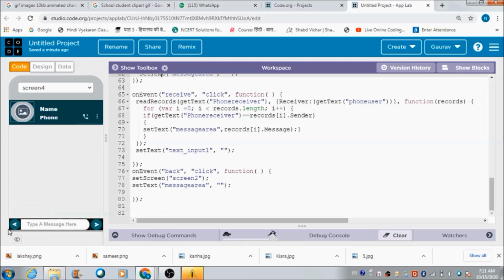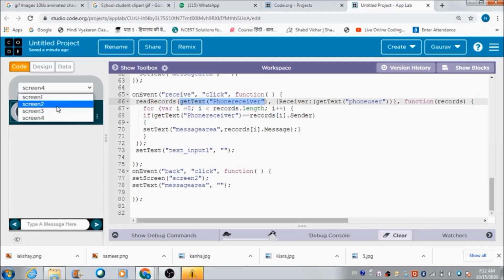So in order to receive the message, the receiver has to tap on this button first. When he hits this button, what is going to happen? We would like to read the records from this table, phone receiver. The person who was earlier the sender will now become the phone receiver.